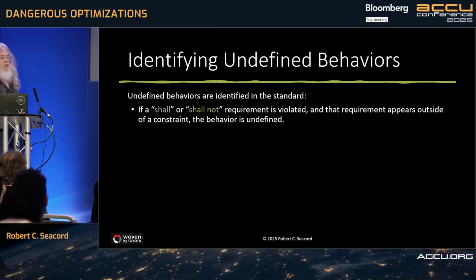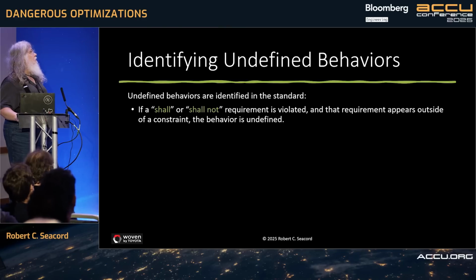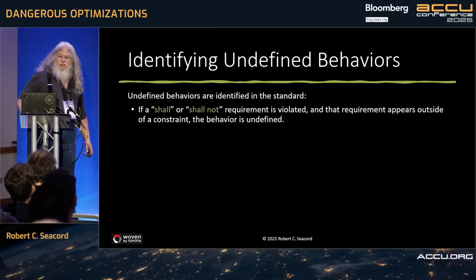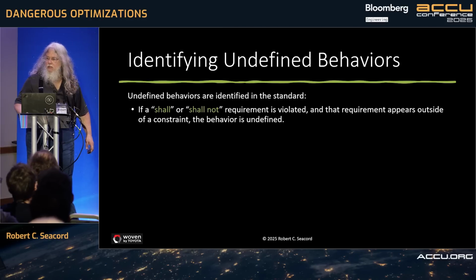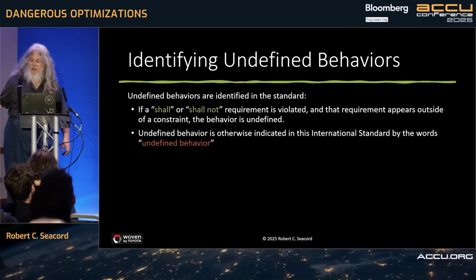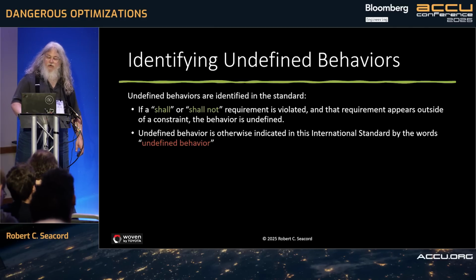So in the standard, there are several ways to identify UB. If a shall or shall not requirement is violated, and it appears in a constraint clause, that's undefined behavior. Does C++ have constraint clauses? Is it the same thing, or is that just a C thing? Yeah, we do, but we don't have that rule. In C++ it actually says the behavior is undefined. Mostly we say signed integer overflow is undefined behavior. It's mostly spelled out. Mostly we're honest to our users about undefined behavior. There are some places where we lie, where we know there's undefined behavior, but we don't say anything.